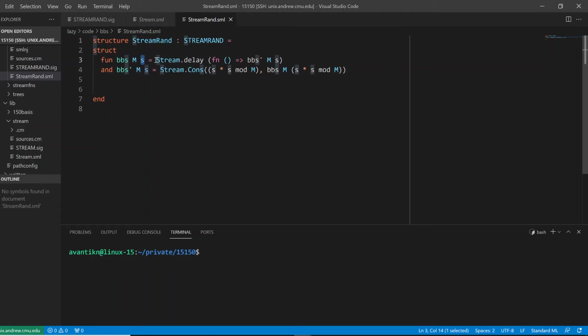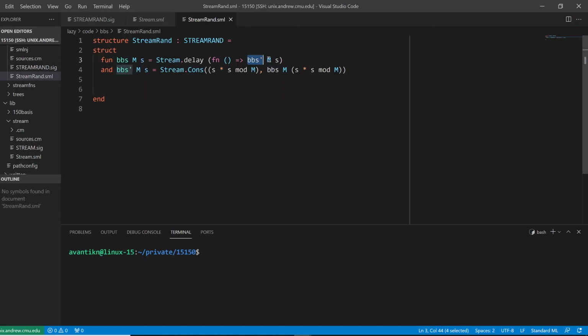The first thing that we do anytime we have an infinitely recursive function is we call stream delay, because we don't want to do anything until we actually want to expose the front of our stream. So we delay it. And delay, as you know, takes in a thunk. So we pass it a thunk as a lambda. So we give it a type unit, and then rather than doing anything else, we just pass it on to our mutually recursive function, which is called Bbs prime.